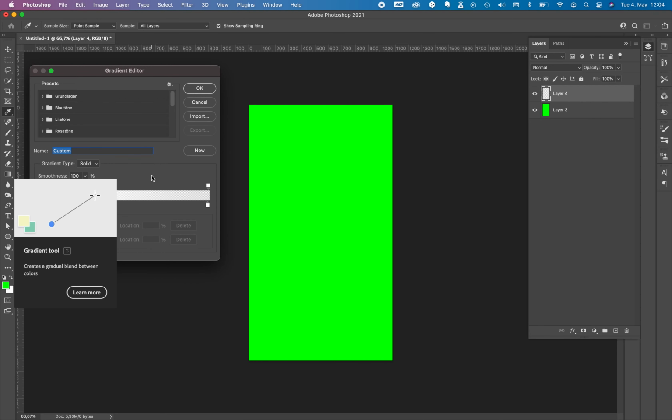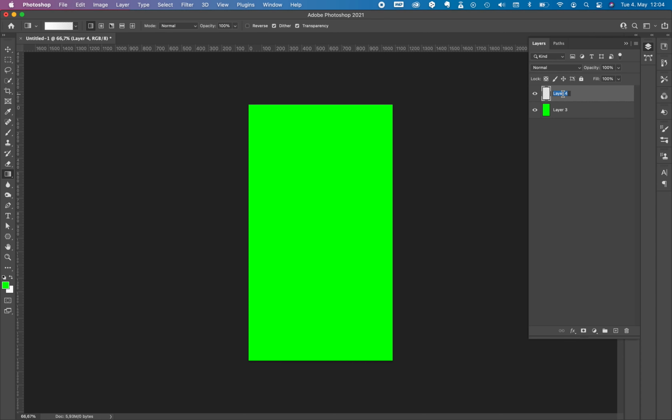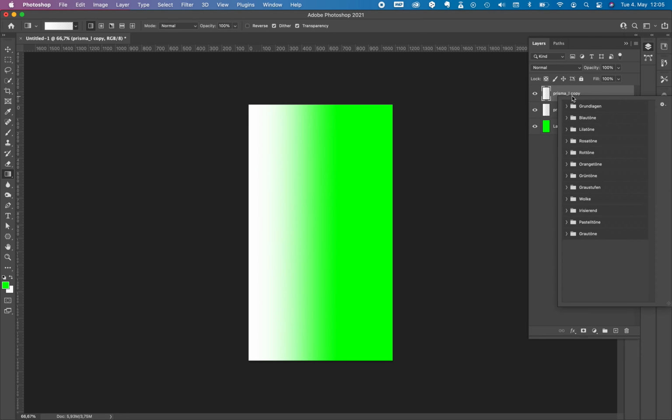Make sure that in the gradient tool you use the white color and with from 100% opacity to 0% opacity. Then create a new layer, Prisma L for left. Go to that and work with a shift key. So it's pretty, maybe a little bit more like this. I think maybe, once again, sorry. Yeah, this looks nice. I just duplicate this layer, call this one,